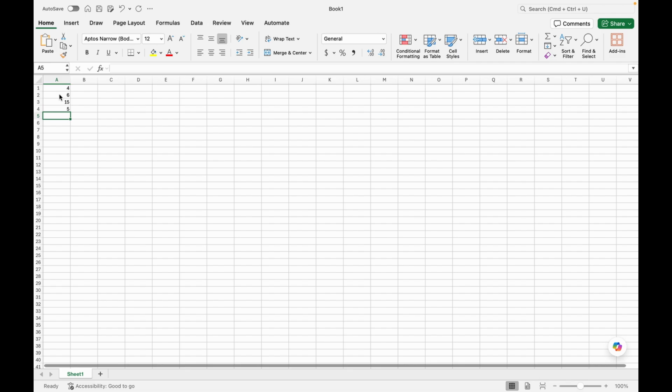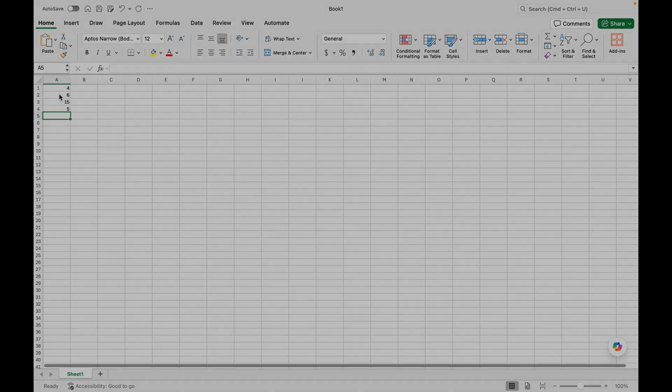This allows Excel to automatically update results whenever the data changes. And once we start working with cell references, Excel can do something even more powerful. It can total an entire column for us automatically. So let's look at one of the most useful tools in Excel, the AutoSum. All right,